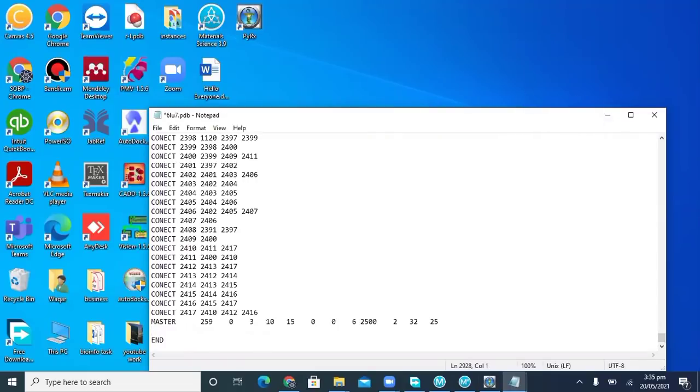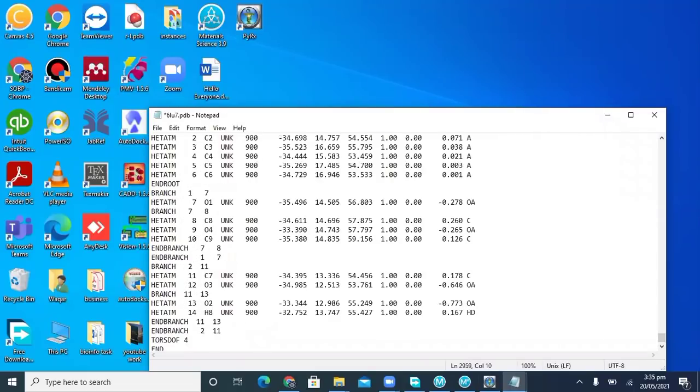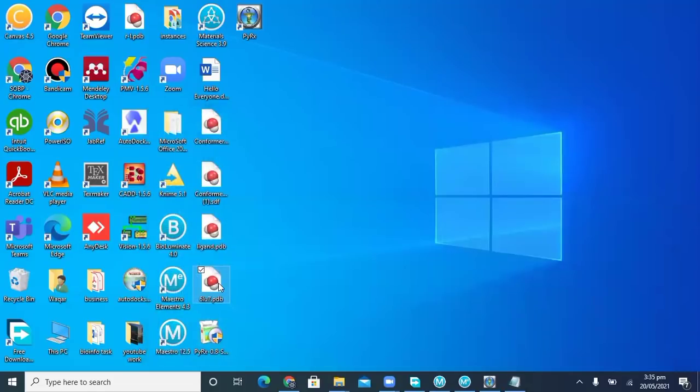And here we will paste the model we have copied. The complex has been made now. This is a complex now. We can put its name according to our desire. And now we are going towards its interaction analysis.